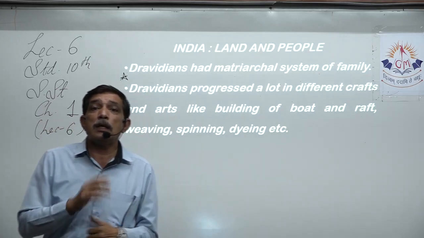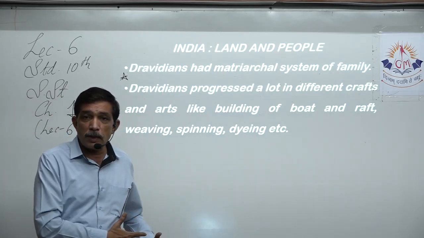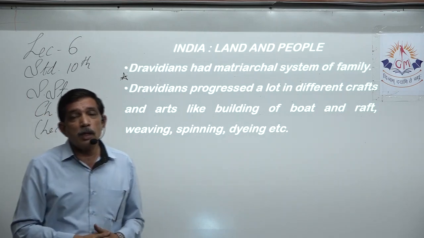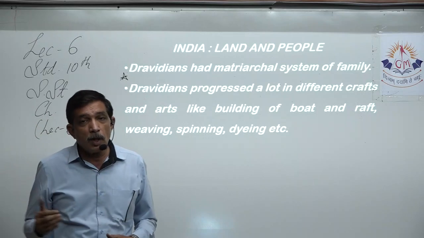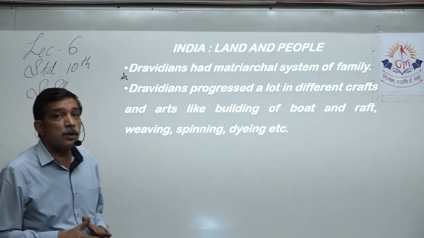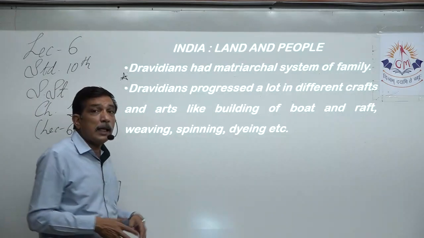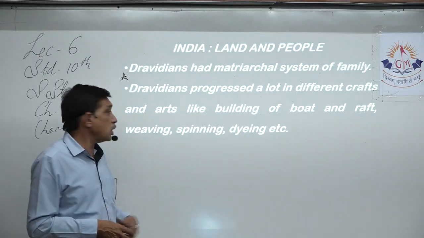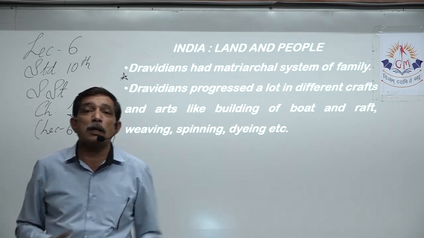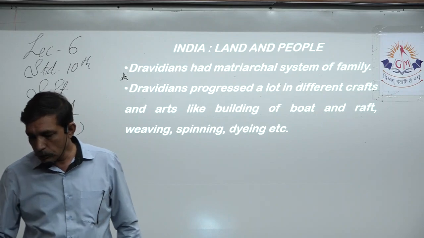So they progressed in a lot of different crafts, art like building of boat, raft, because they were living near the Indus River and lots of the tributaries, and they had reached up till certain places in Gujarat also. Over there in the north, they had 5 tributaries of Indus rivers, and we have Ganga, Yamuna. So in this way, they lived on the river banks. It was very necessary for them to have the technical know-how of building boat, raft. Then lots of cotton was produced. So weaving, spinning, dyeing, making of the cloth, whatever is necessary in that process, that was done, because we know they wore cotton cloth.